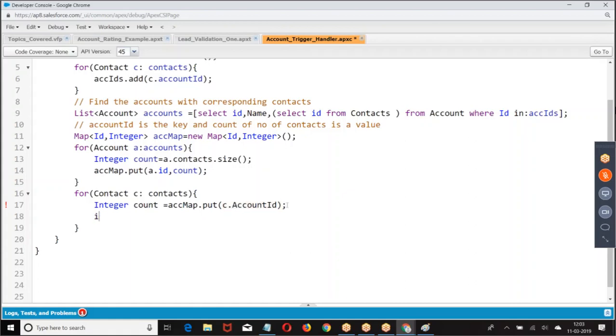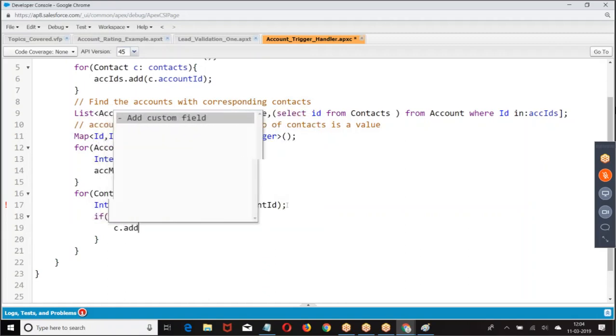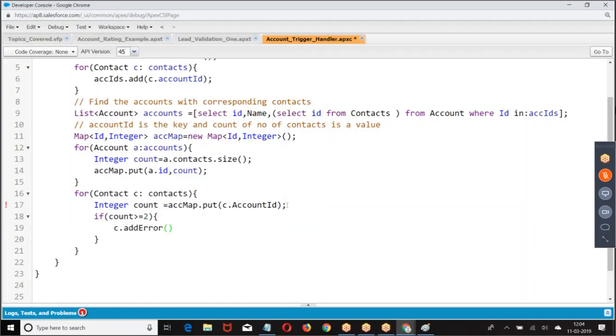Then check if count is greater than or equal to 2. Then what are we supposed to do? c.addError, 'Cannot create more than two contacts'. This is what I'm trying to give.